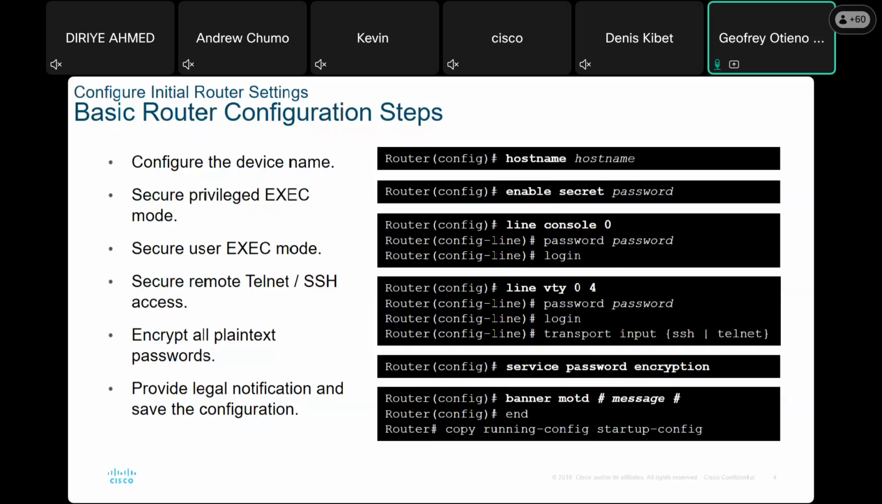Yes, very, very important. So when it comes to SSH, you require some configurations. There are about 6 or 7 steps that we need to follow to set up SSH. I know we will be configuring SSH in our subsequent modules, or at the next level. But as it is now, when you put transport input SSH telnet, it means both can